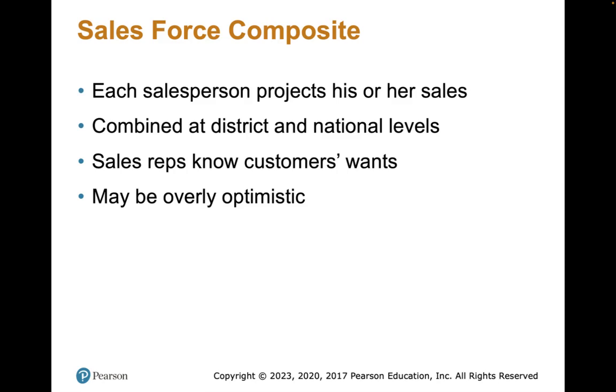Now, this could be a little bit more data driven. Maybe they already have definite sales on the books, but they could have some tentative or prospective group sales that they may or may not get. And again, that's based off of their judgment, deciding whether or not they're going to get those sales. Okay, so again, in this case, the salespeople are the experts, and they are projecting basically how much sales they're going to have in the next quarter or the next year.